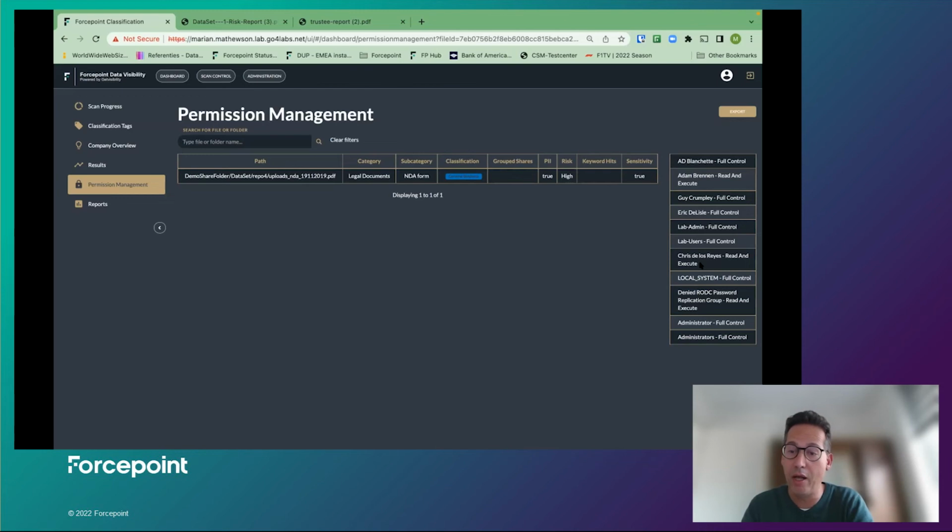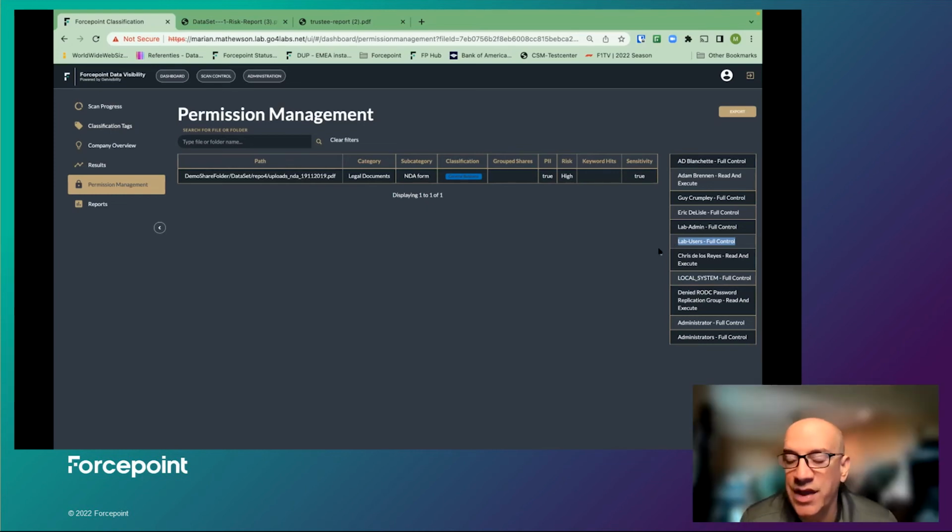This might be perfectly fine, but I can also see there is this predefined Active Directory group, and there's this lab users group. These probably should not have access to these files, right? Right. These are groups that are there for specific reasons, but not to interact with sensitive information. Okay, great. So that would definitely make it a high risk.